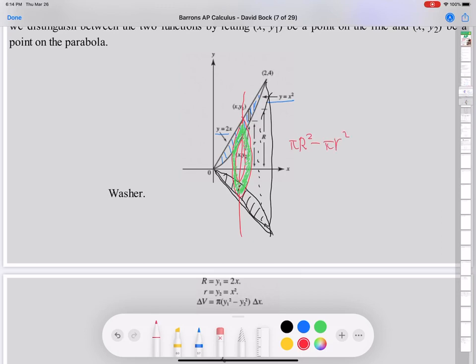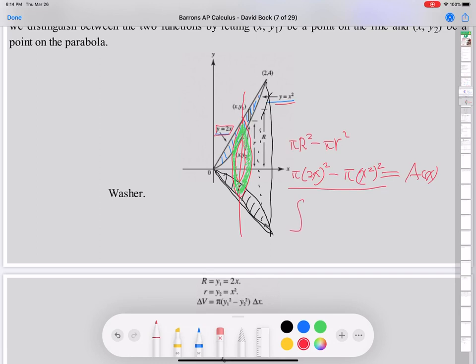Large R is the y value of the outer function, which means y equals 2x in this case. So pi times (2x) squared, minus the smaller circle's radius, which is the y value of the parabola, x squared. So pi times (x squared) squared. This is the area of that shaded cross-section. So we integrate